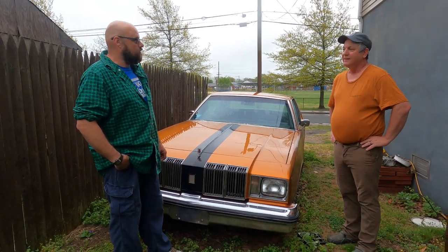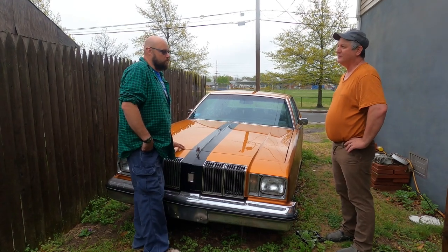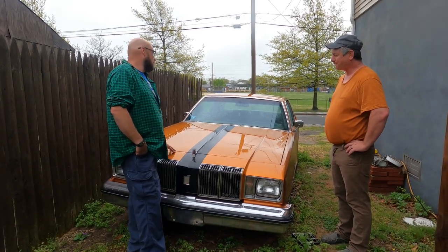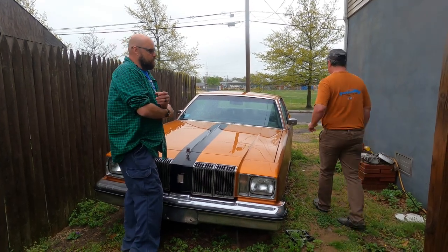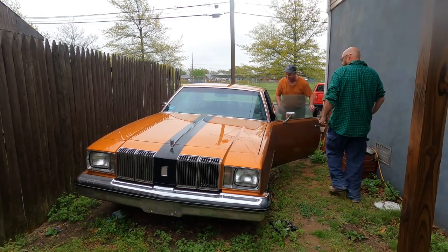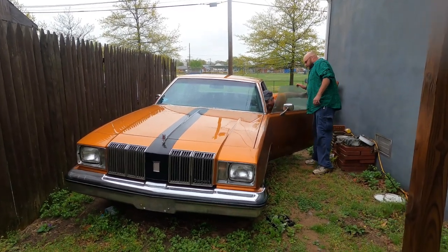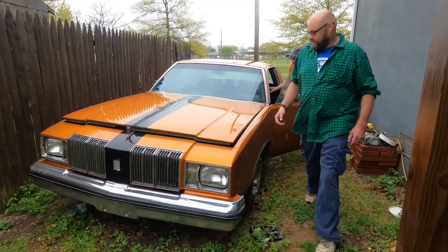What motor? I figured out, this got 260 V8 Olds. Oh, okay. The little one. So it's the overdrive then, or 79 is still the Turbo 350? No. No Turbo in this. No Turbo. No, the transmission. Right, I'm saying, but you want to get in there, you're more than welcome to, but it's...